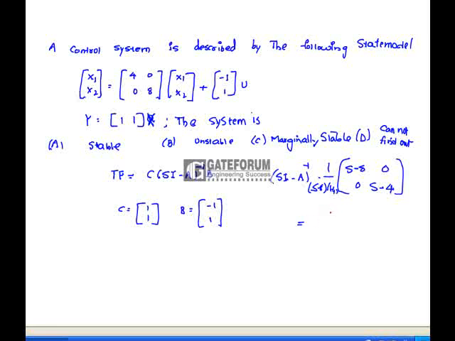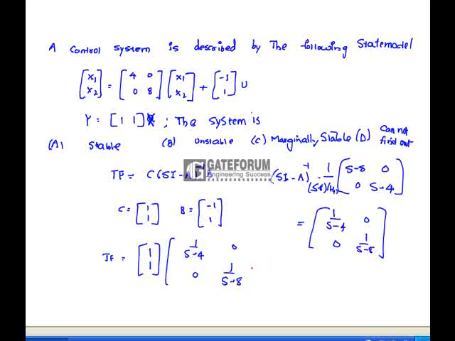So 1 by s minus 4, 0, 0, 1 by s minus 8. So the transfer function is equal to [1 1] times [1 by s minus 4, 0; 0, 1 by s minus 8]